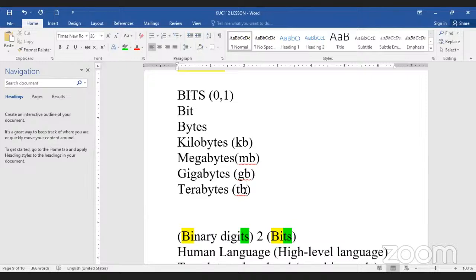So through the chat, try to calculate how many bits make 1 byte. How many bytes make 1 KB? How many KB make 1 MB? How many MB make 1 GB? And how many GB make 1 TB? As we progress,